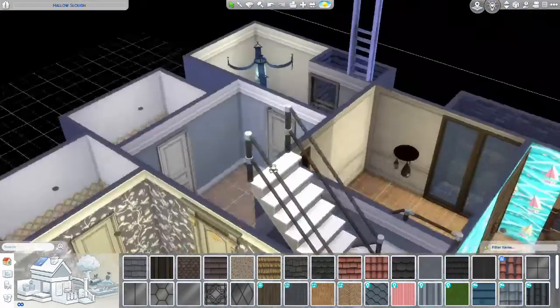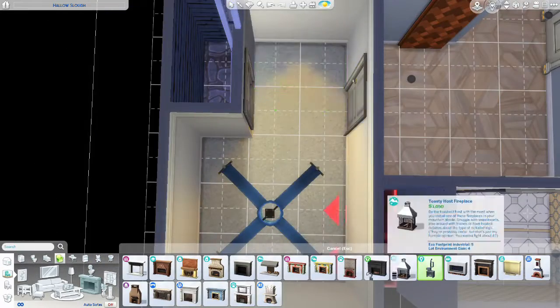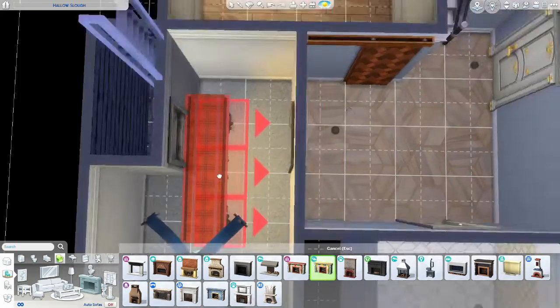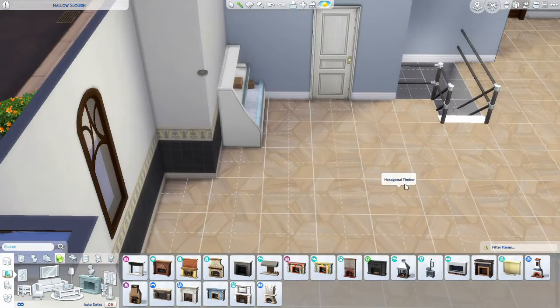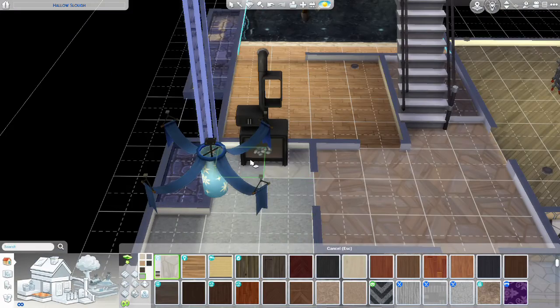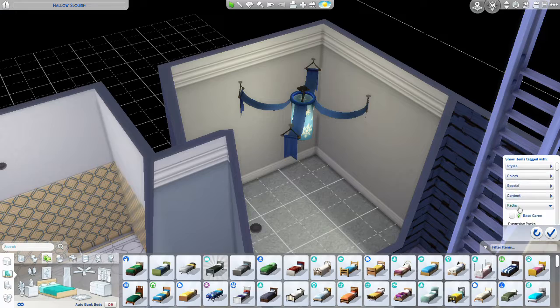For this week's video, I am going to be doing a house for the Mystical Mother Challenge. This is a challenge in The Sims 4 created by SimSav. It's similar to the 100 Baby Challenge, except it's with occult Sims, and so we are starting off in